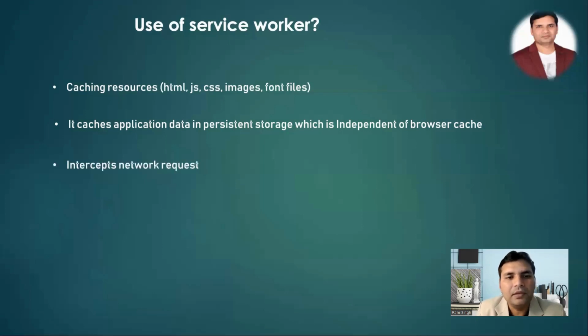Next point is intercepting network requests. It is always intercepting the network request. So what kind of functionality you want to implement when you are sending the request, what behavior you want to implement for the service worker, you can define, because we have multiple strategies for how your network request should behave. Either it should cache first, or it should only serve from the cache. So there are multiple strategies which we can implement for the caching part here. Okay,